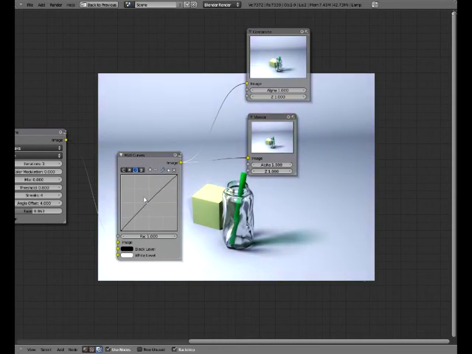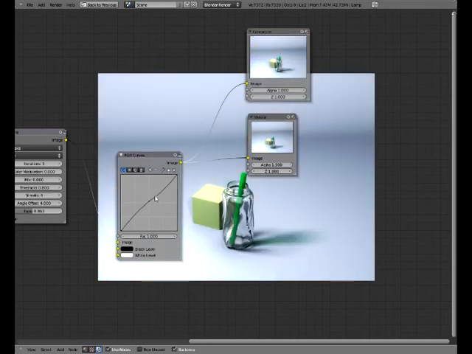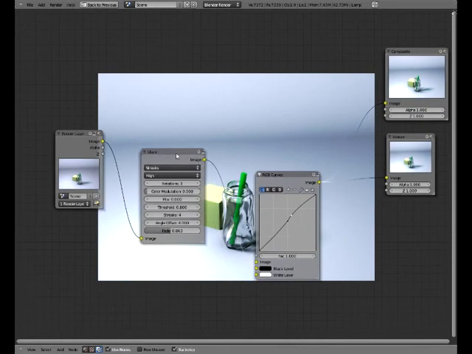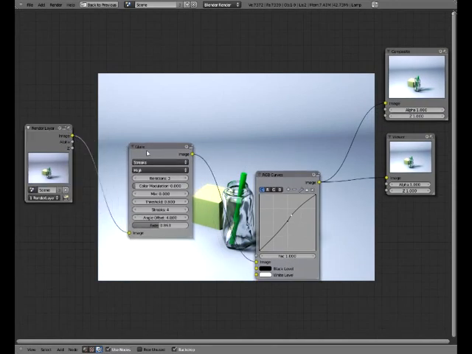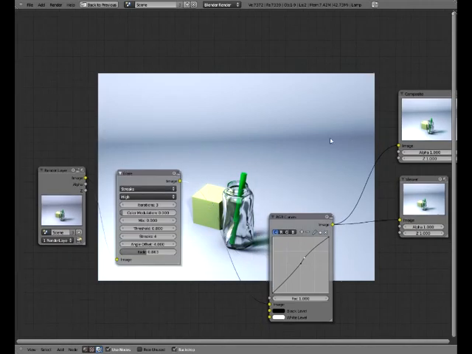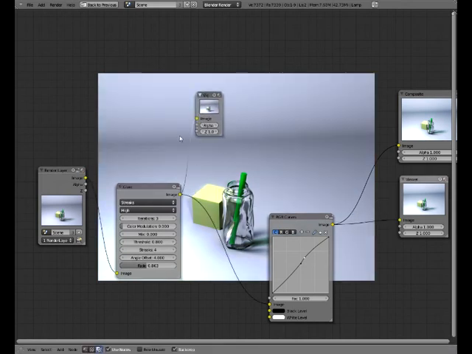Alright, there are various results you can have. So this is the way I have post-processed the image. Let's create another viewer node, but connected to